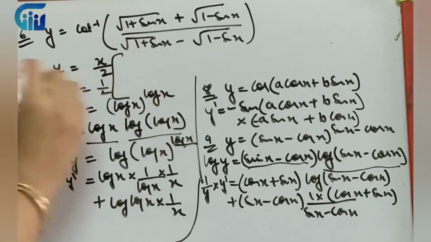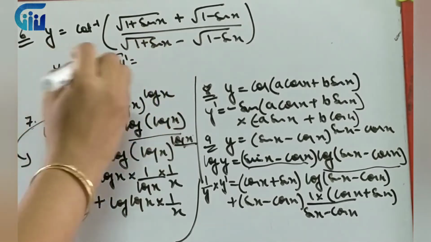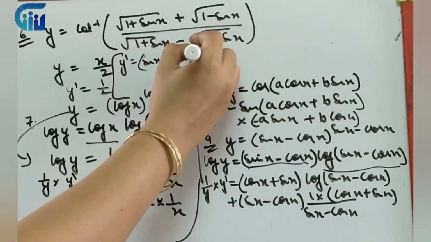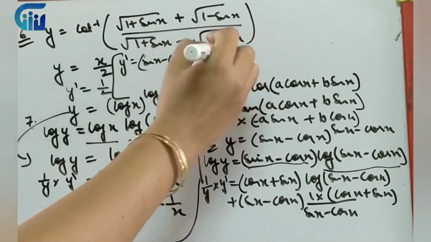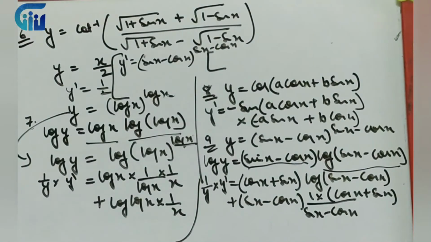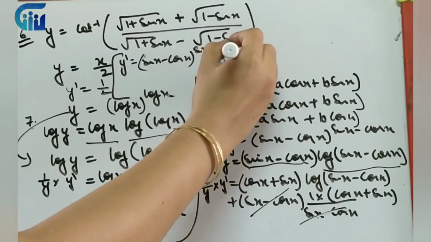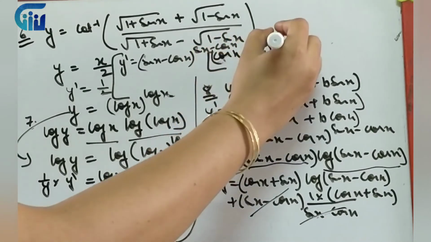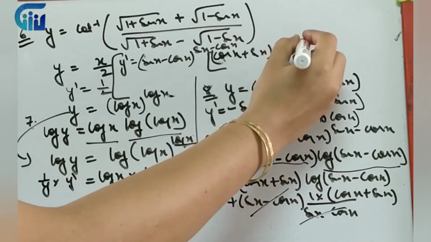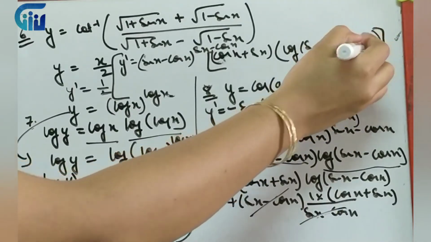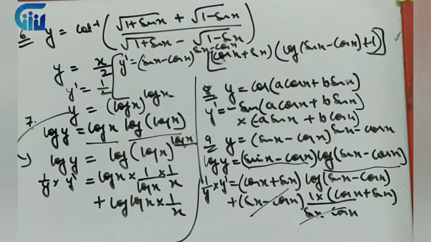So what you can do further is y dash is equal to y. So I'll just write the value of y as sin x minus cos x, whole power is sin x minus cos x. Within the bracket you can take cos x plus sin x common from both, and over here we can cancel these two, right? So we can take common. So we will write it as cos x plus sin x common from both, and within the bracket first place we will have log of sin x minus cos x, in the second place we will have 1. So this is how we will solve this particular question.